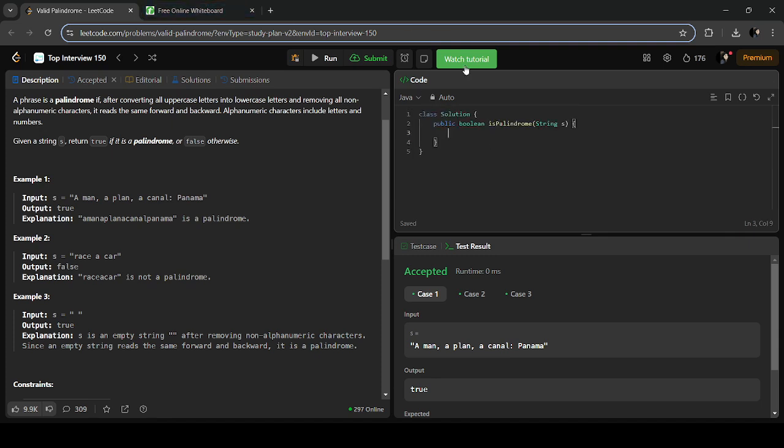Now we will start coding it. See, if s.length is equal to 1, we will return true. What does it mean?